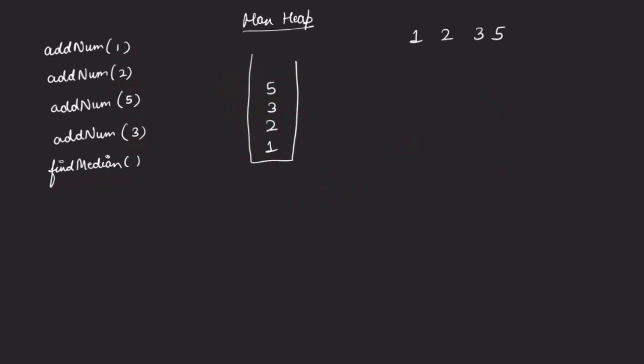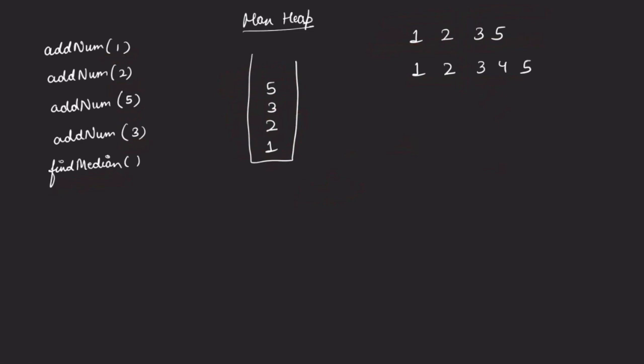One is when the number of elements is even, which is this particular case, and another is when it is odd. So let us suppose 1, 2, 3, 4, 5. This is the case, right? So what we can do is split these numbers into two. I will keep these many numbers in a separate data structure and these many numbers in another separate data structure,